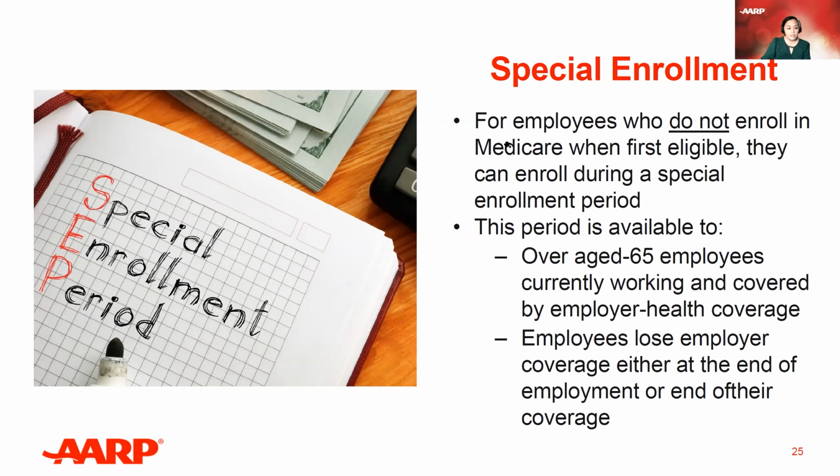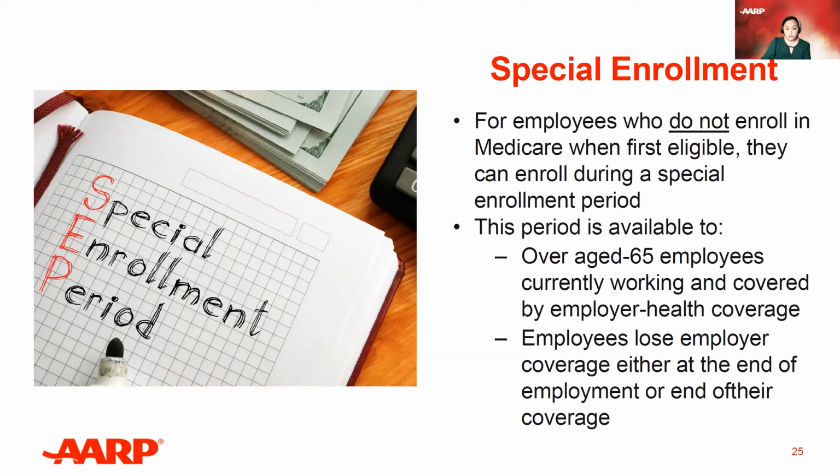So it's normally this 8-month window, I believe, that you would get. That's triggered by that event. If you continued to work and did not enroll during initial enrollment because of this exempt reason, you are able to enroll. Employees who lose employer-based coverage or retire have 8 months from losing coverage to enroll in Medicare without a penalty. So you have 8 months. After 8 months, these employees may face a penalty.